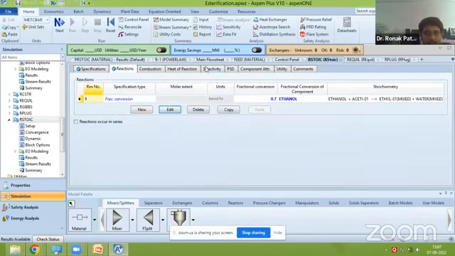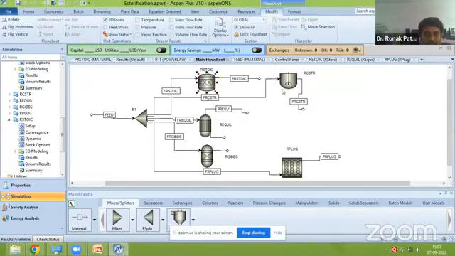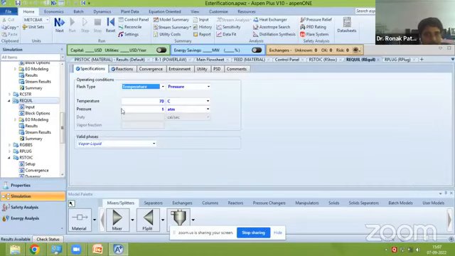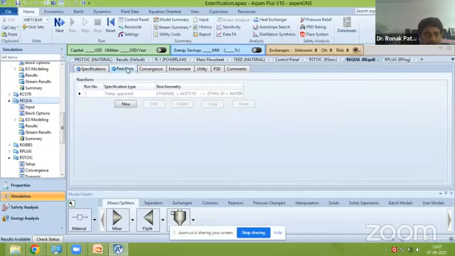So that is the first reactor module, R stoic. The second reactor module we are going to discuss is R equilibrium. In R equilibrium, in the specification, it again asks what kind of flash type of separation, or rather reaction, you want to carry out. Here I have taken temperature and pressure: temperature 70 degrees centigrade and pressure 1 atmosphere. It is mentioned in the problem statement itself. And here is the reaction which I have